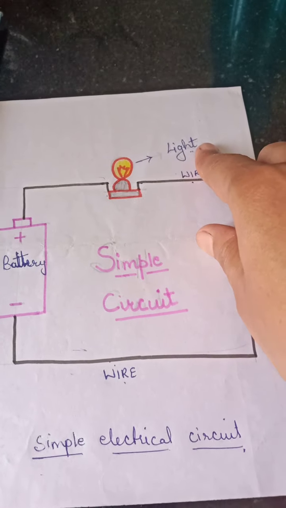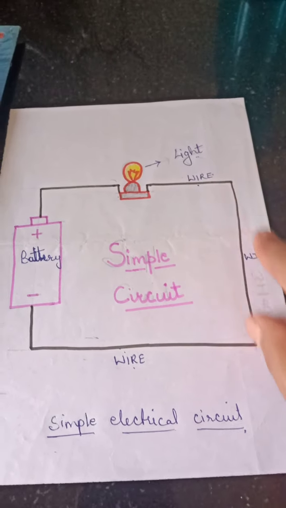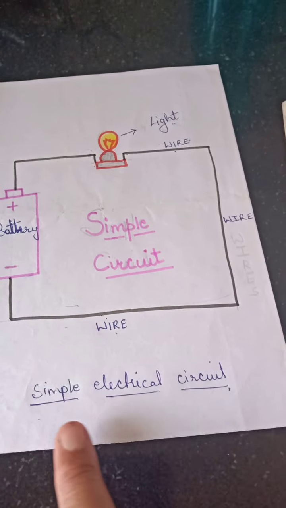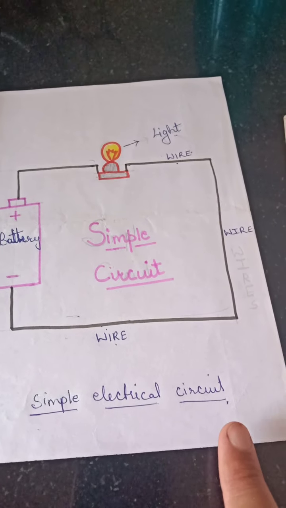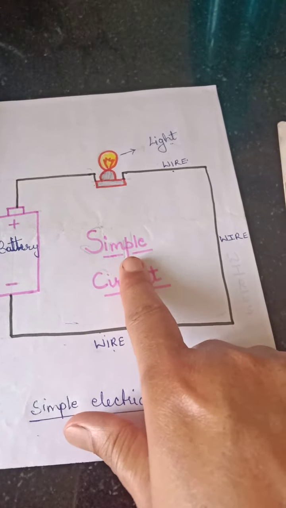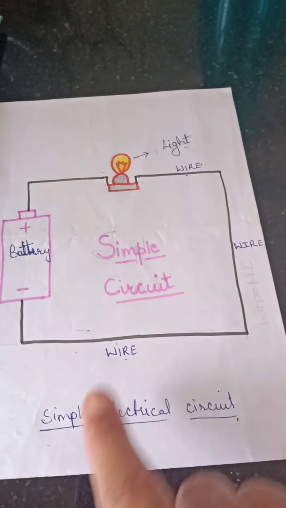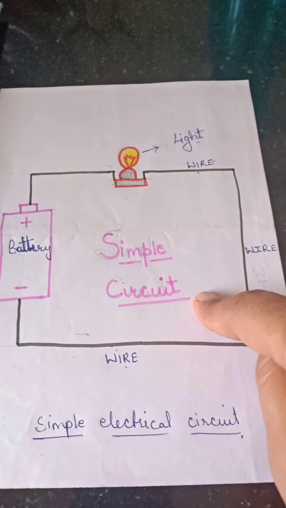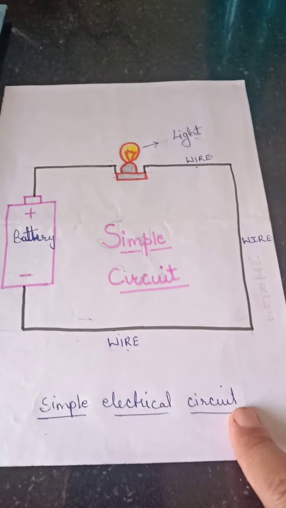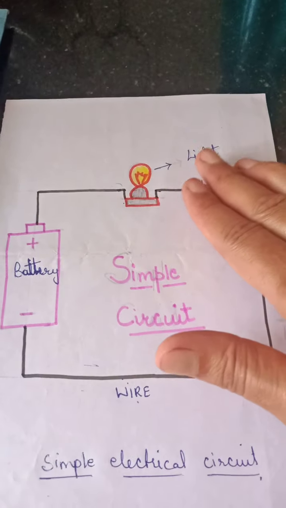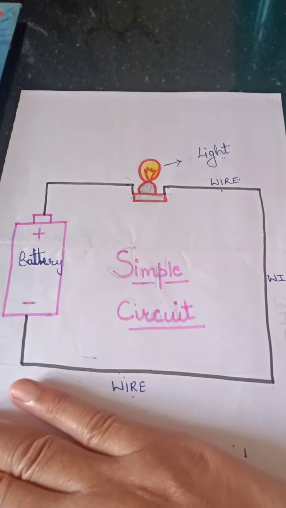You write the name, you tell what it is. That's called labeling. And a caption is actually information under the picture or photograph or diagram which tells you more about this diagram. So it's a simple electric circuit. When you look at this diagram without this caption, we will not be able to understand.